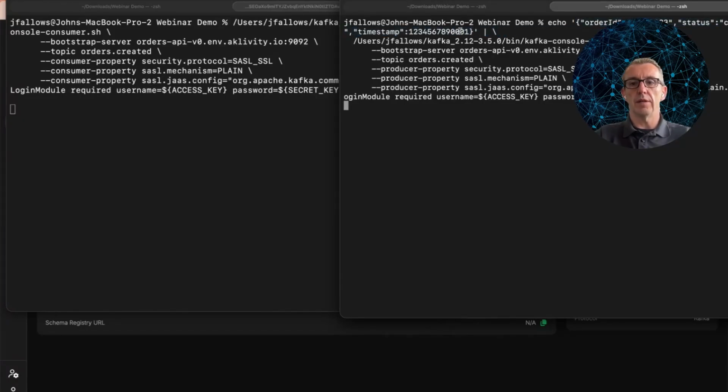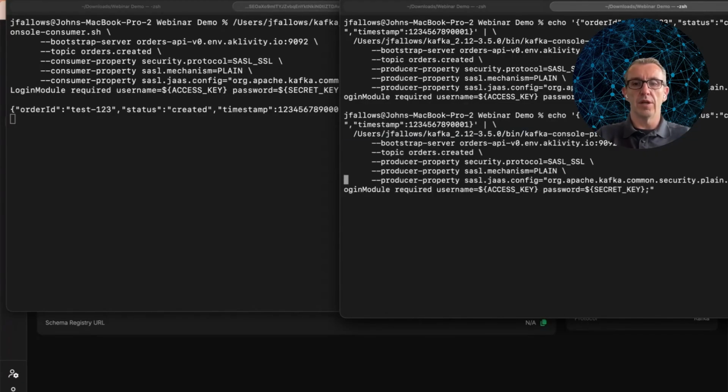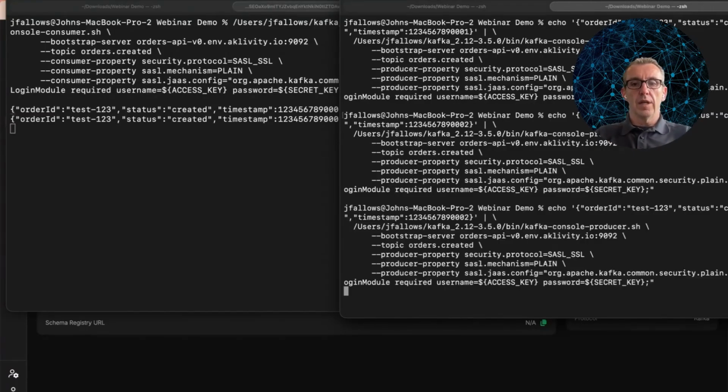You can see the timestamp ends in 1 there. And it's a Kafka console producer hitting the same custom domain and hitting the orders created topic. So as I produce in here, then you can see that it popped up here. It even popped up actually on the left before this one finished deploying. So I'll just do another one here.